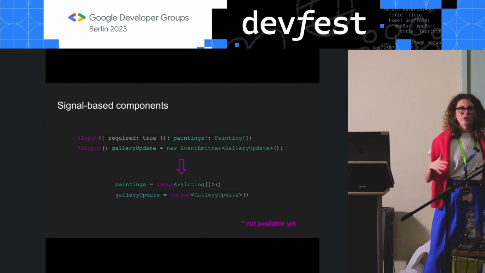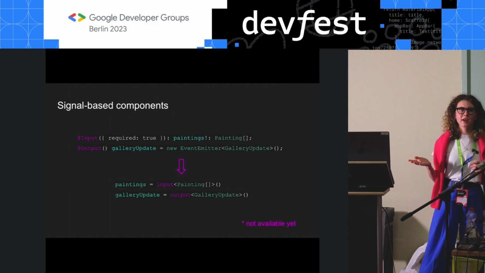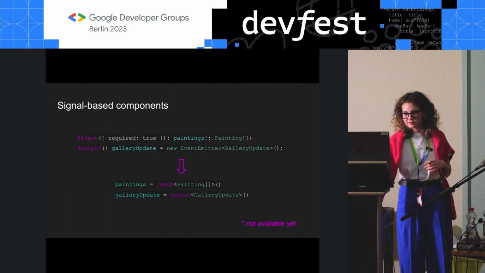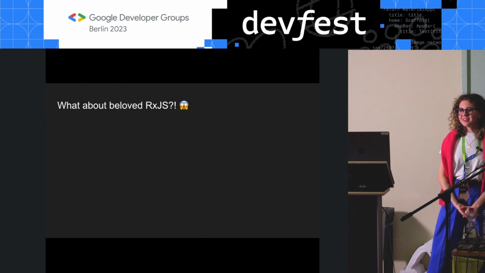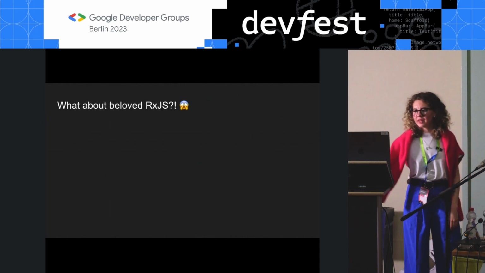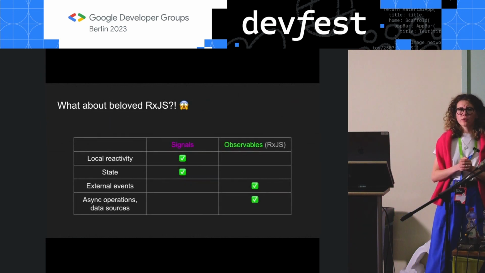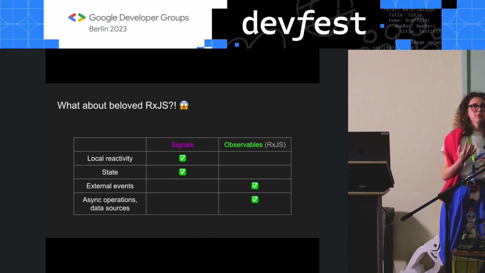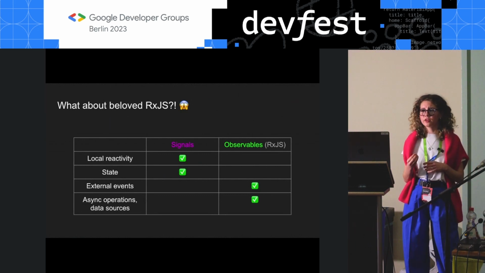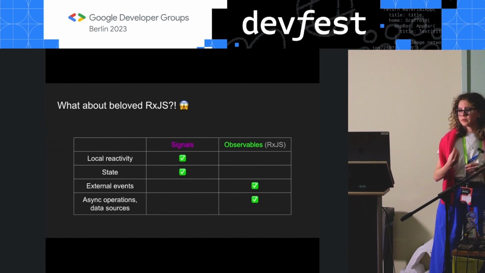Now, you may look at all these signals, reactive changes, and ask yourself, why the hell did I spend years of my life learning RxJS? Yeah, thank you, thank you. It's a super valid question, but I think that RxJS won't fade away. For those guys who don't know what RxJS is, it's a library that handles reactivity in Angular, and it uses observables as its main reactive concept.